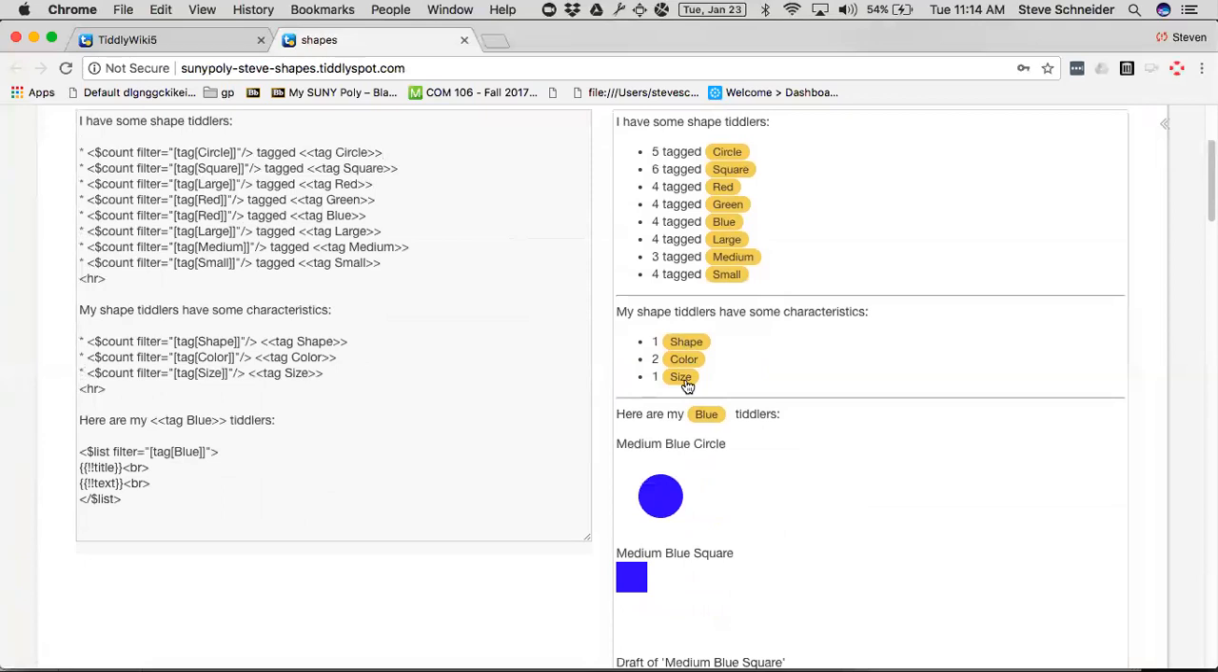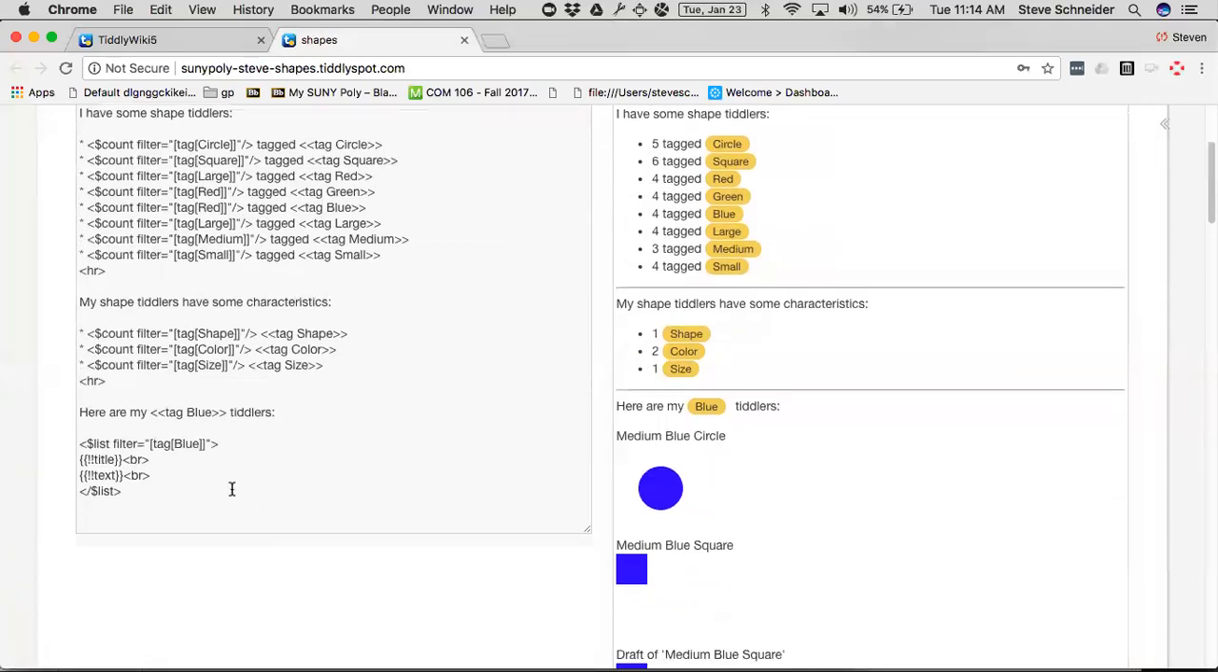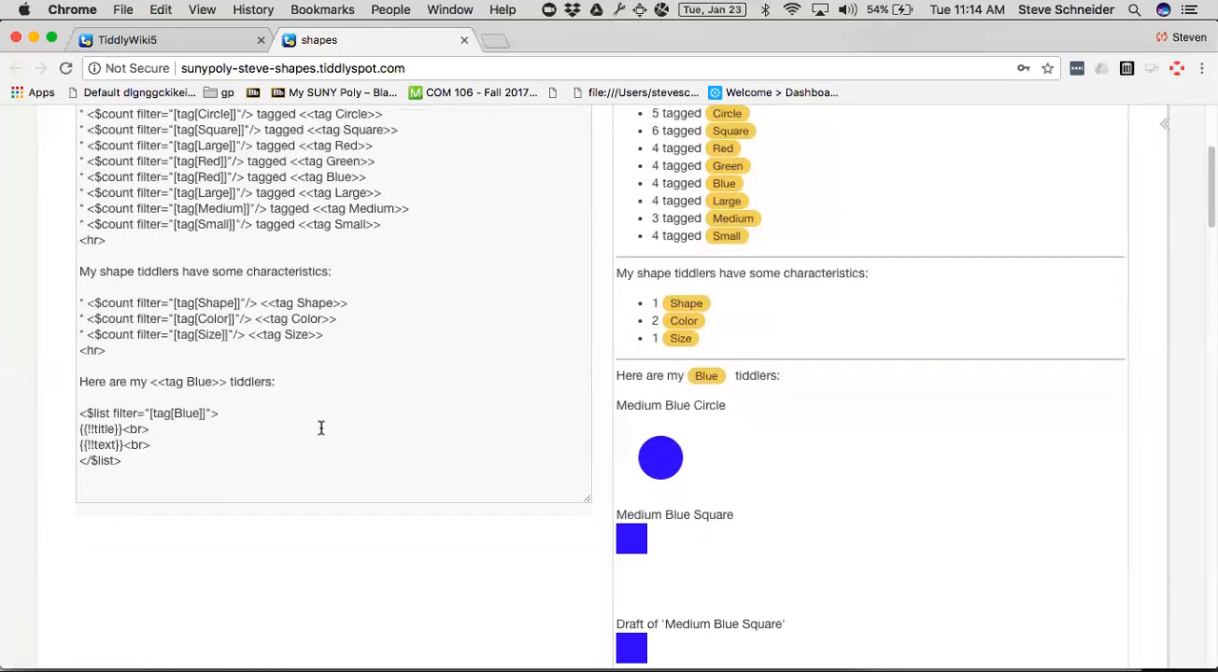That's because I didn't finish. I have to go back and tag medium and small. Looks like I only tagged large to size. I didn't tag blue, and I didn't tag circle to shape. So I'll finish that, and those numbers will update. And here are my blue tiddlers. And I